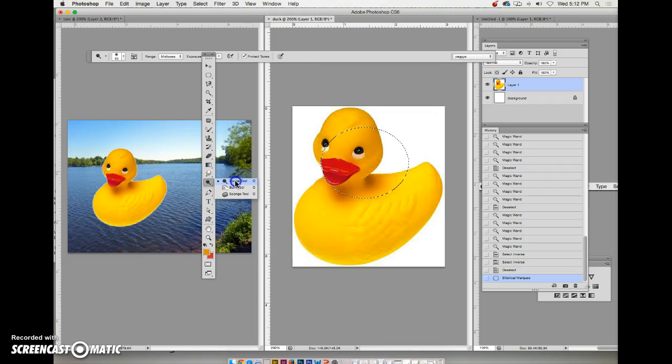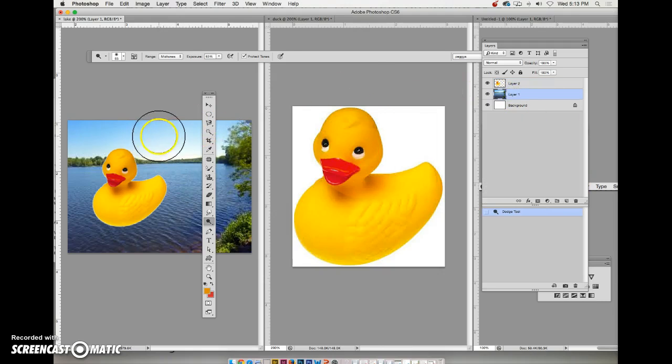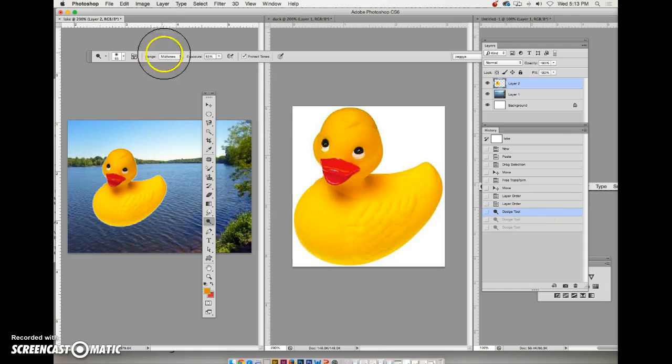This tool here is a dodge tool. What the dodge tool will do is you can increase your exposure, and it's not going to show up very well on here. Let's go over to here. I'll get onto the photo layer here, and basically the dodge tool will actually, I should say, decrease exposure. You can see that it's lightening things up. Okay, and then you have your